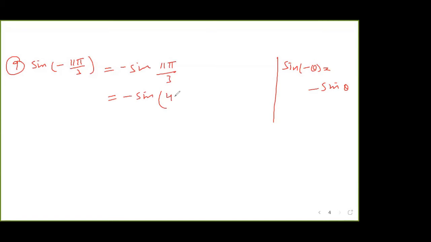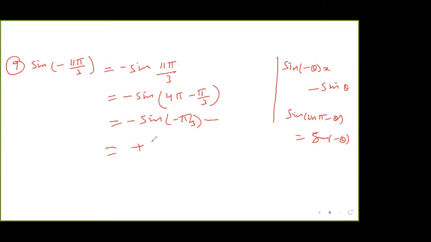3 4s are 12, minus sine 4 pi minus pi by 3. So you can write it like this, or this is sine of 2n pi minus theta. You will write down minus of sine theta, minus pi by 3. As I've told you, sine of 2n pi minus theta means minus sine of minus theta here, like this. Again, sine of minus theta becomes minus sine, it means minus into minus is plus. Sine pi by 3 is equal to root 3 by 2.